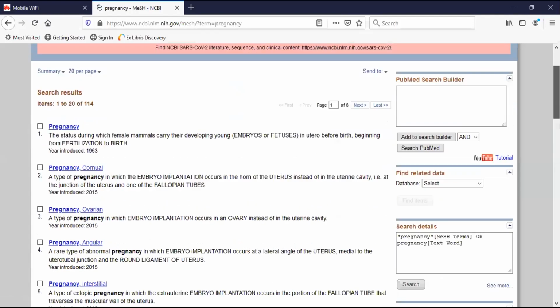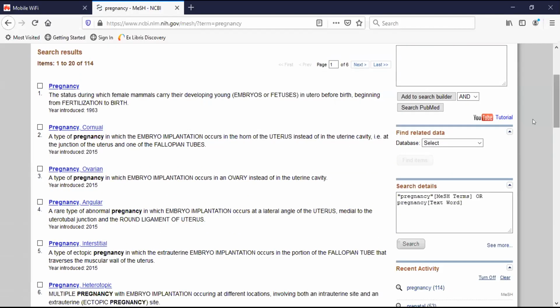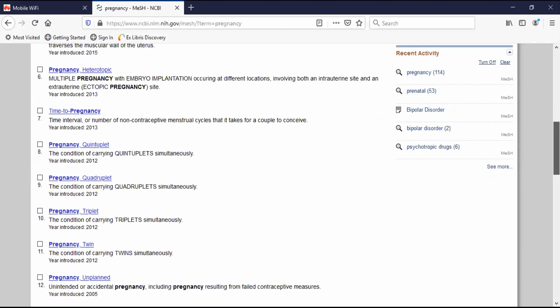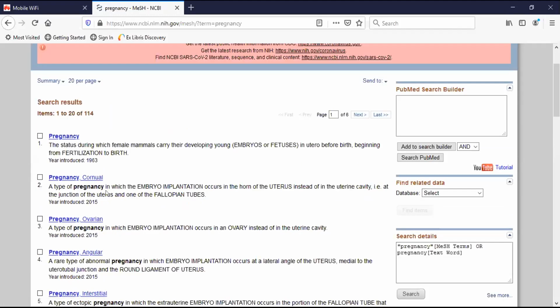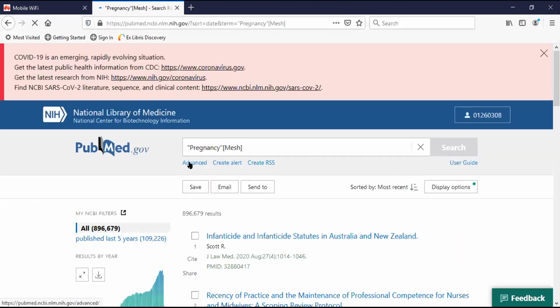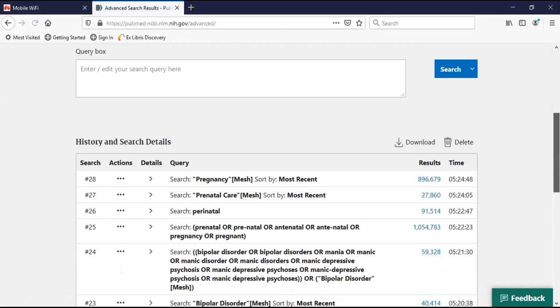And you'll see that I get a list once again, and it's a long list of 6 pages of terms. Once again, I've had a look through them, and for the sake of expediency I'm not going to go through all of them. They get more and more specific as you go down. It's various issues regarding pregnancy. The first one at the top is the most general one. I'm going to include that into my search. I add to Search Builder, I search PubMed, and if we now go back to advanced,